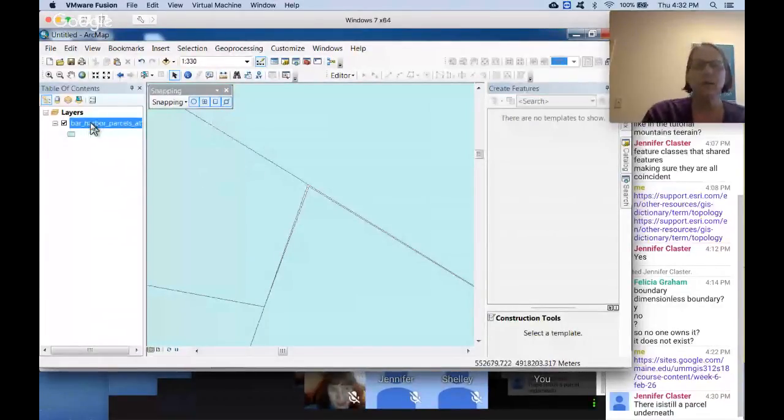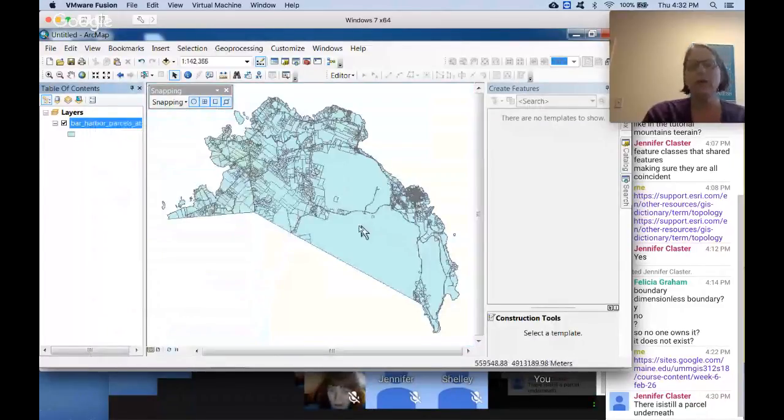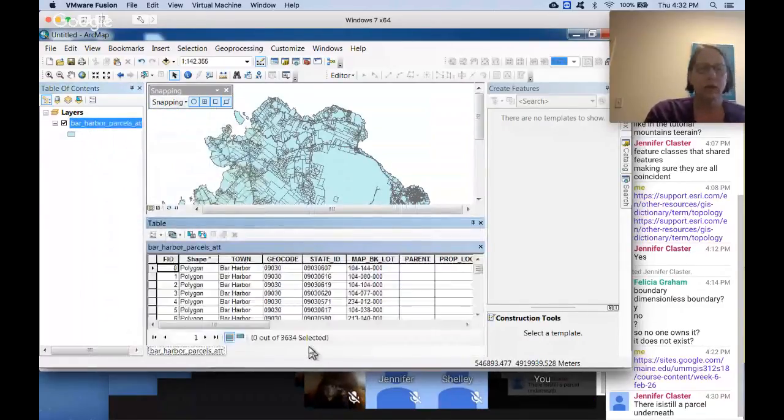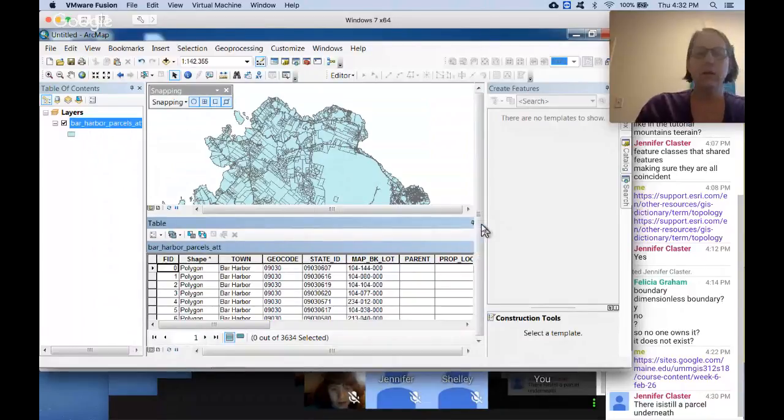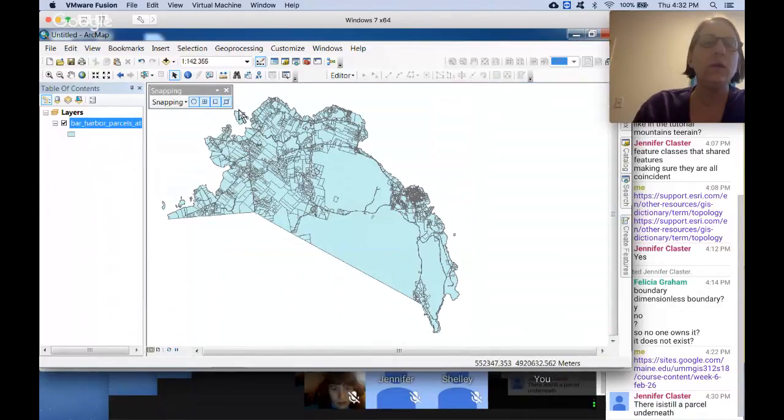unless you have a way to find them, like, look at all the hundreds and hundreds of parcels that are here. How many is it? It's a lot. 3,600 separate polygons in this layer, right? So you're not going to be able to find all of these errors. And so what we want to do then is use a